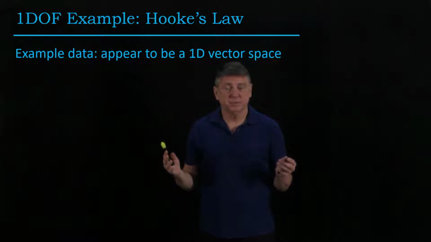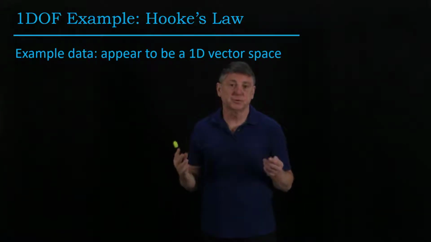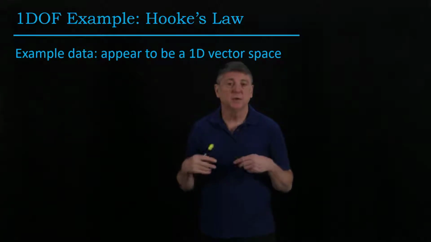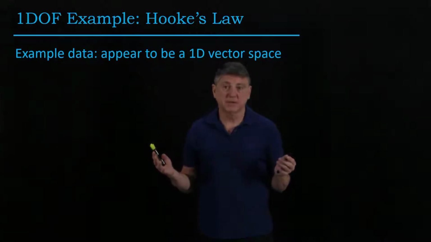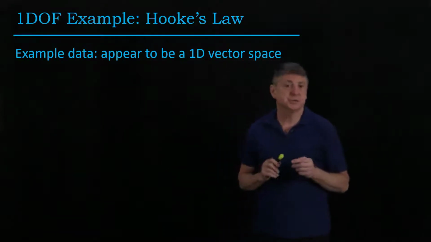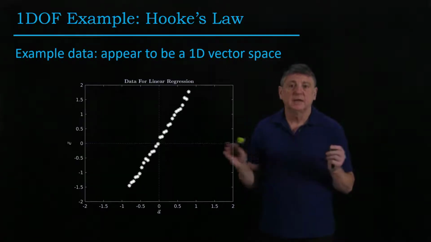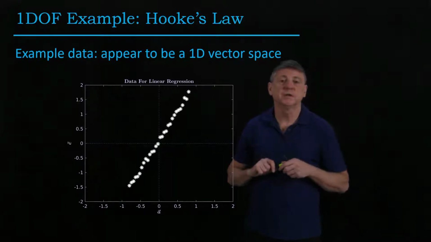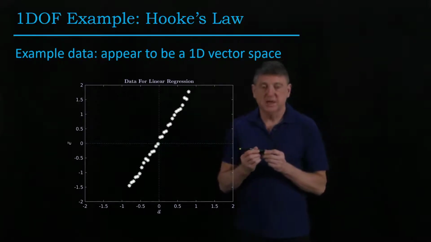Hooke was an amazing person. He was the first person to discover a microorganism using a microscope. He surveyed half of London after the Great Fire. He was a professor of geometry. It's just astonishing. And data that follow a line that go through the origin is referred to sometimes as following